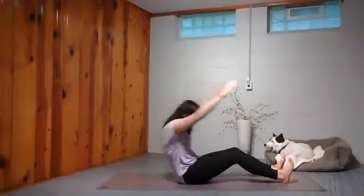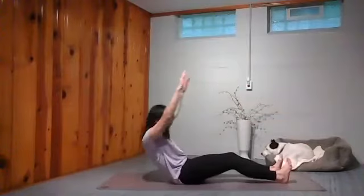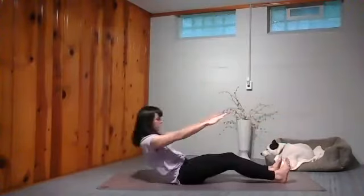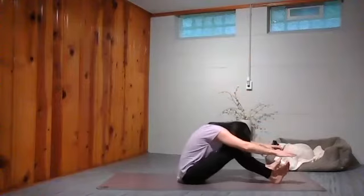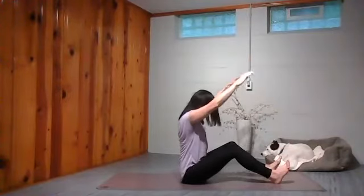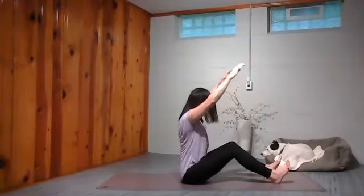8. If having the arms overhead is a little too hard, you can bring them down in front of you. 5 more. 4 more, so you're only going back as far as you can keep your C curve. 3 more. 2 more. 1 more. When you feel your sits bones, restack your spine right on top of them, keeping those arms overhead,